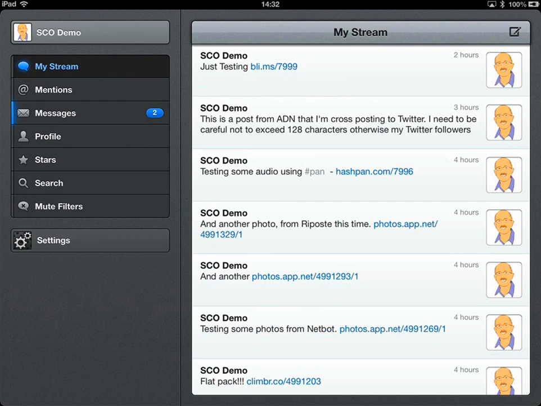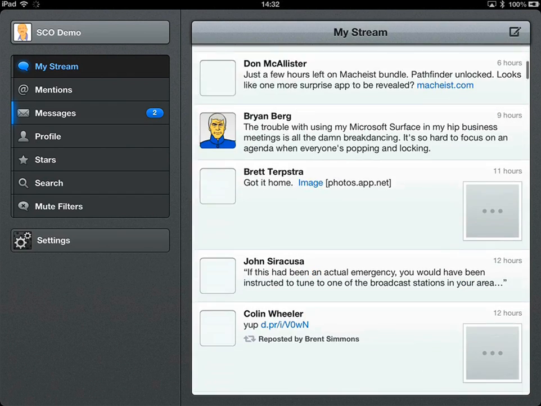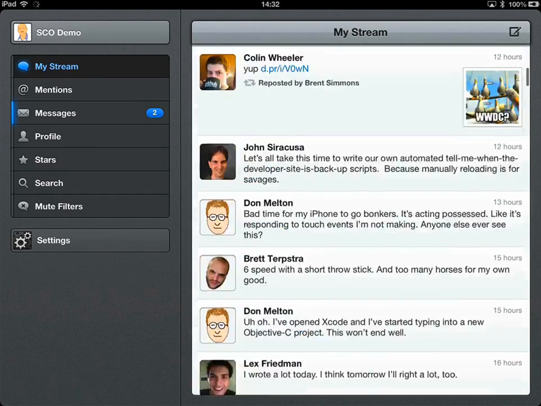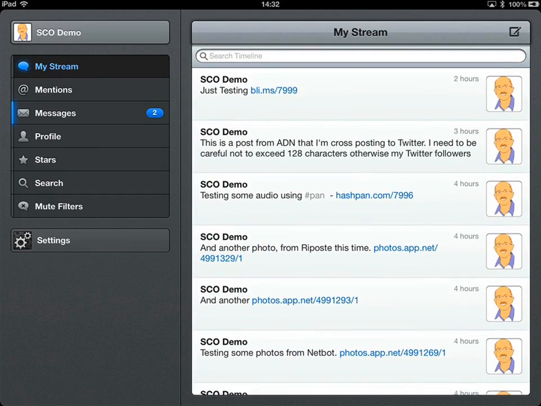So this is sort of like the first page that you saw on the web interface, but now we have access using this particular client. Okay, so I can scroll up and down. I can tap on any of these links to play them. This one here, for instance, is an audio link from Hashpan. So if I tap on there,